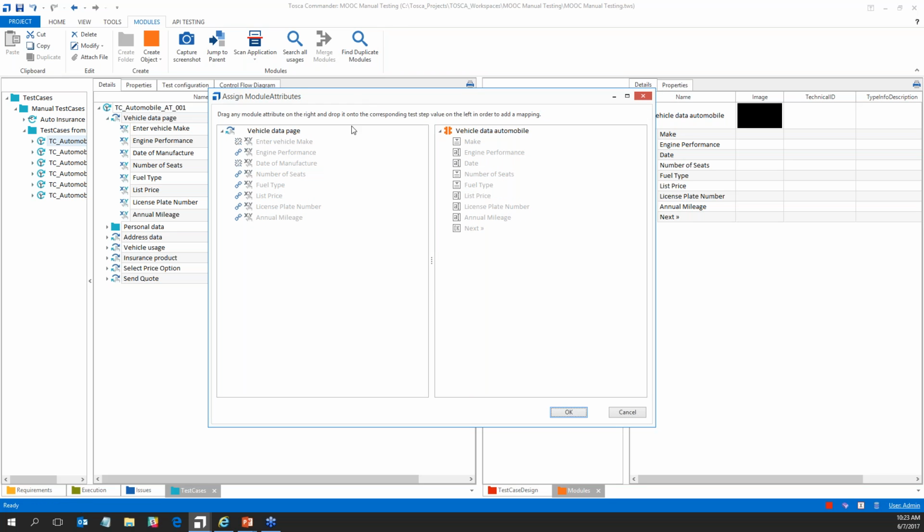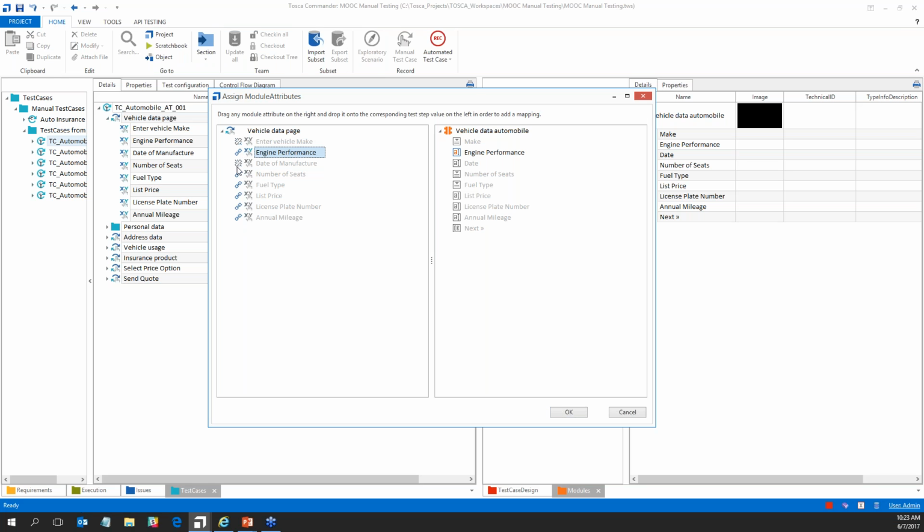And I get this assign module attributes window. The reason that the module attributes window appears is so that I can make sure that the appropriate manual test step values are mapped with the right module attributes. Okay? So for example, you can see on the left-hand side here that some of the controls have